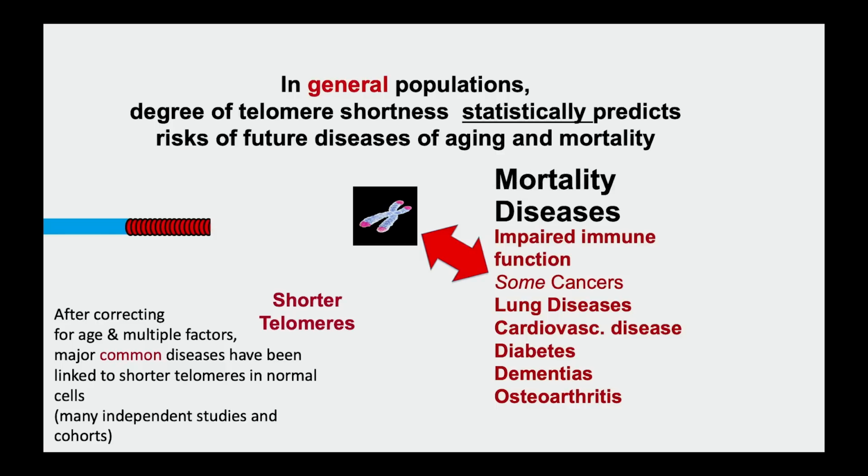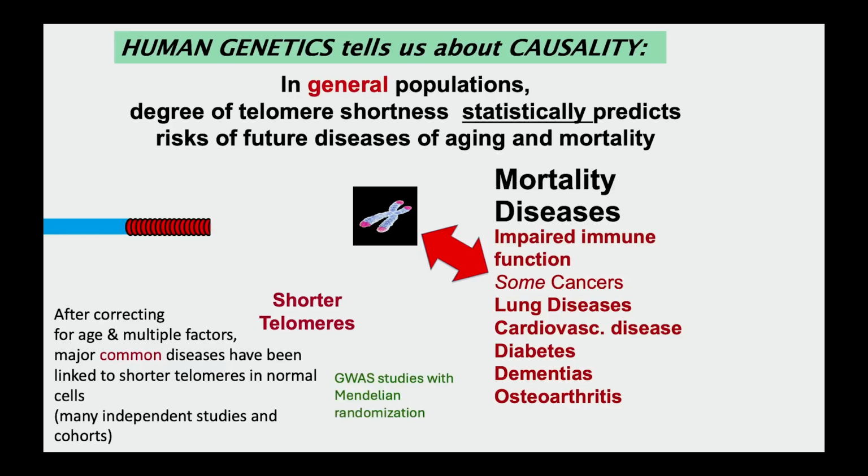But human genetics using GWAS studies have been very informative, because now looking at GWAS studies, you can say that several of these, there's actually causality of the shorter telomeres. And the lung diseases include, for example, pulmonary fibrosis and also COPD now. And interestingly, dementias, Alzheimer's being prominent among them. That association has been seen. So we've got some causality there.